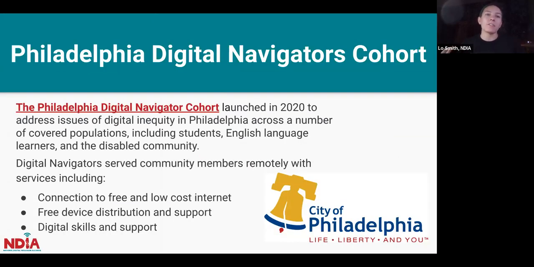The Philadelphia Digital Navigator cohort launched in 2020, so it was purely telephone run. They were offering support remotely, getting folks connected to internet, making sure that devices were getting into hands, providing digital skills and support, but they were targeting some specifically covered populations, including students, English language learners, and the disabled communities,